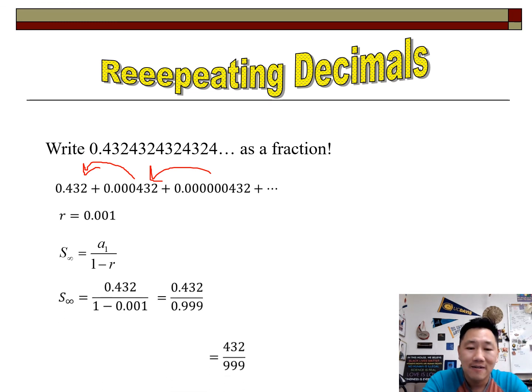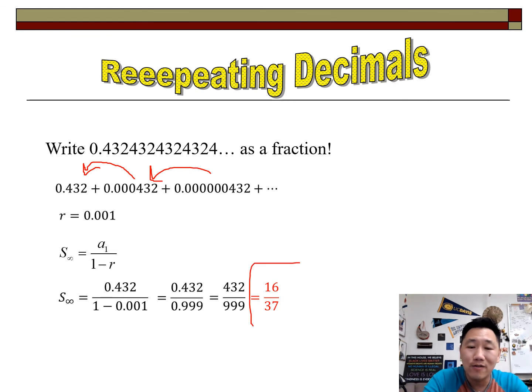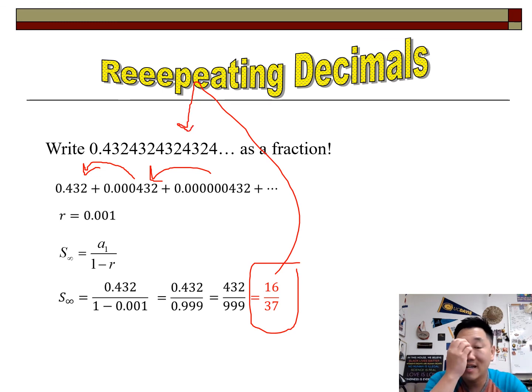simplify it. Well, when you have a decimal in a fraction, remember to make it no longer decimals, you move the decimal 3 places over to the top and to the bottom and reduce your fraction. And 16 over 37 is the fraction for this number. All right, so it's a complicated way of finding the fraction for this repeating decimal.